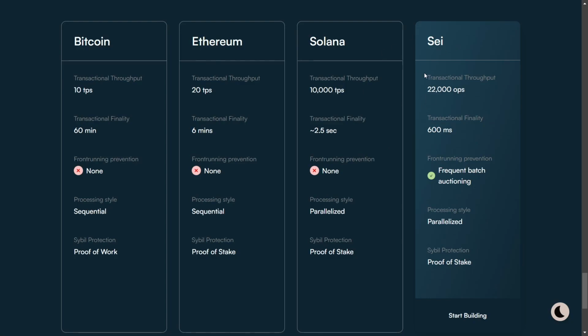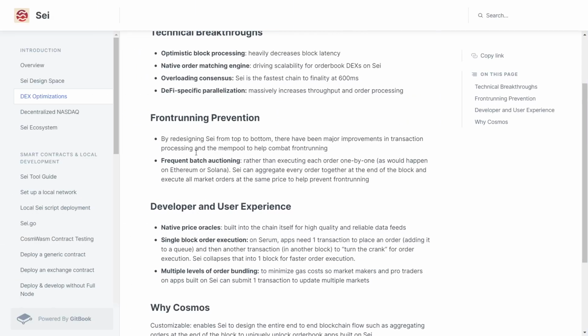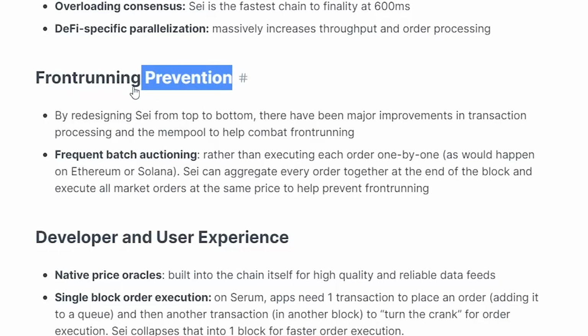And yeah, they do have a pretty decent comparison between Sei and all the other major existing platforms right now. We can see Sei can do just about 22,000 operations per second, so once again scalability should not be a real issue for Sei. And yeah, transaction finality, you've got 600 milliseconds, and that is compared to Solana, which has just about 2.5 second finality, etc. On top of that, they have something called front-running prevention, which is a major issue on